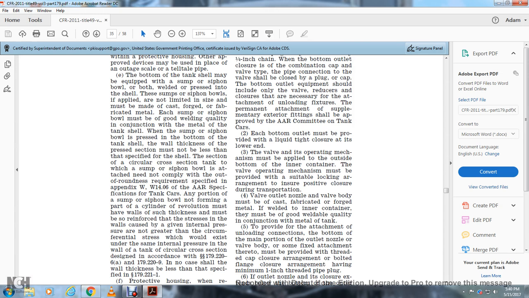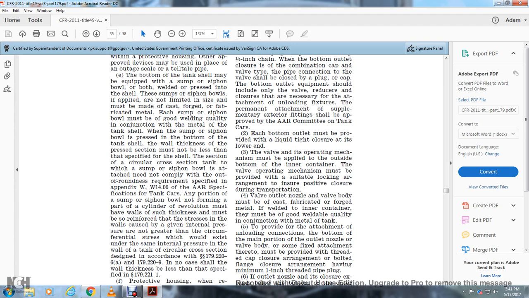The wall thickness of the pressed section must be not less than that specified for the shell. If a sump or siphon bowl is attached to a circular cross section tank and does not comply with the outage and roundness requirements specified in Appendix W, W14.006 of the AAR Specifications for Tank Cars, any portion of the sump or siphon bowl not forming part of the cylindrical revolution must have walls of such thickness, so reinforced, that the stress in the walls caused by the given internal pressure is not greater than